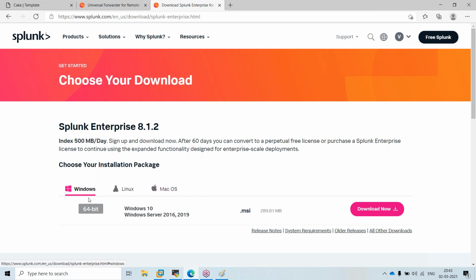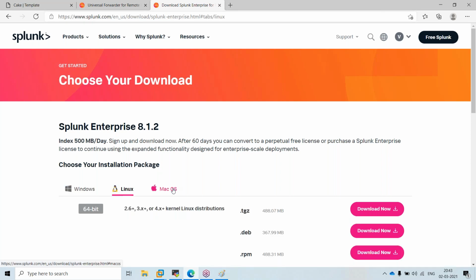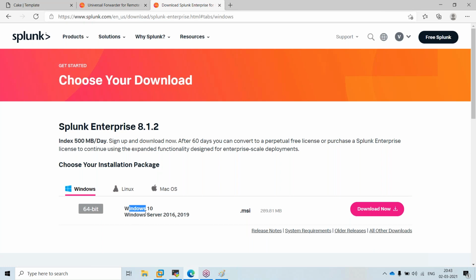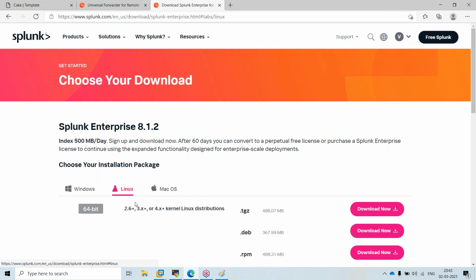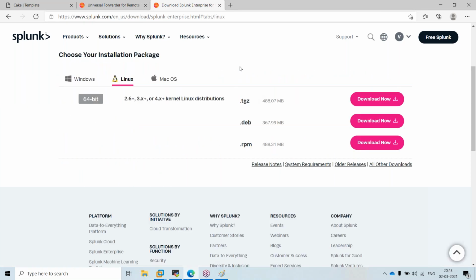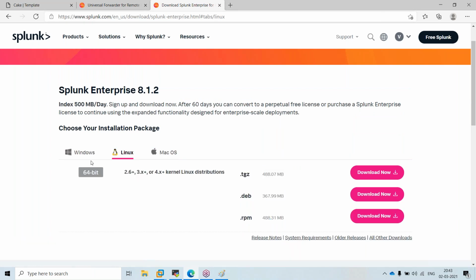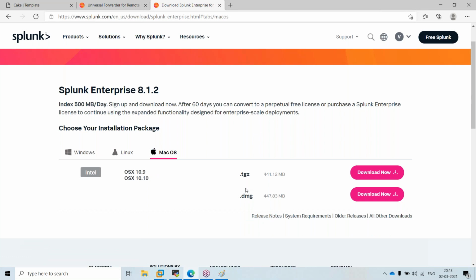The compatibility is for Windows, Linux, and Mac, so it supports three operating systems. In Windows, it's Windows 10 and Windows Server 2016 and 19. In Linux, there are three installation types: tar-based, Debian, and RPM. On Mac, it supports something like ZZ and DMG, which is the packaging model.